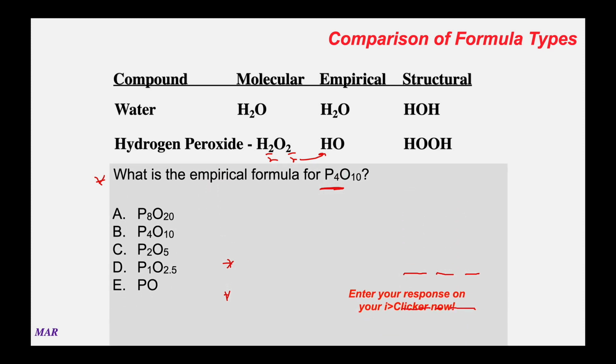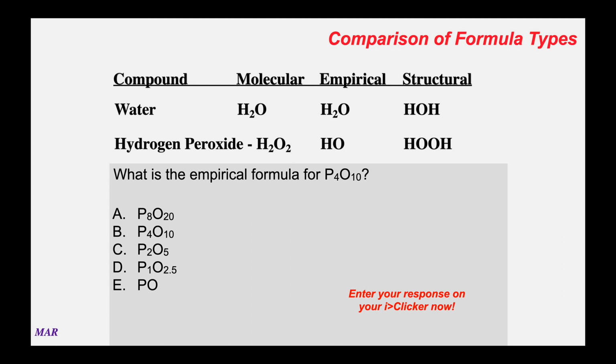Okay, here's an example of a kind of question you might see. What's the empirical formula for P4O10? All right, and again, the idea here is you want to get the smallest whole number ratio of atoms, and whole number is important. If you divided the 4 and the 10 in that formula by 4, you'd end up with